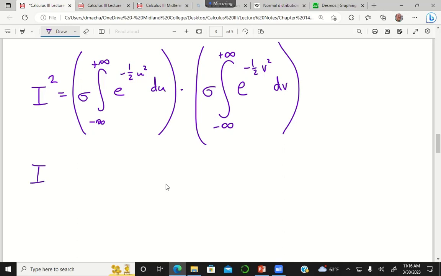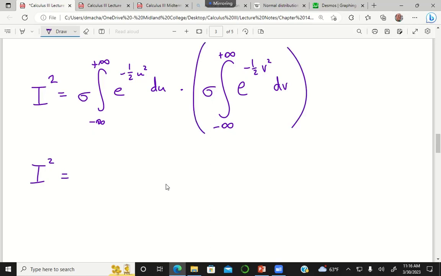But with regard to the first integral, where I'm integrating with respect to u, the v's would be constant. Okay? And with respect to integrating with the v's, then the u's would be constant. And so it's okay if I take this current constant over here, which is outside the first integral, and I just slip it into the first integrand. Just kind of like you can take constants out of an integrand, you can also put the constants back into the integrand if you wanted. And so if I do that, I'm going to collect my sigma squareds on the outside right now, and then I could form this